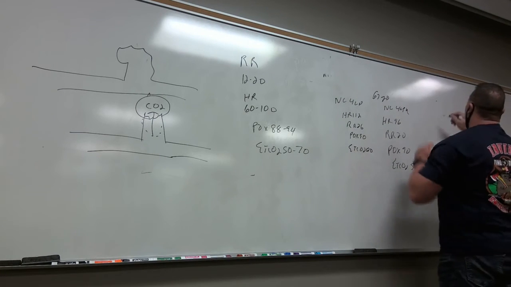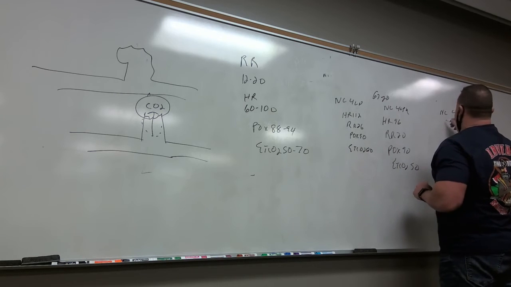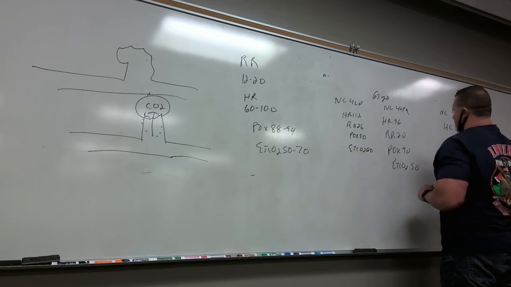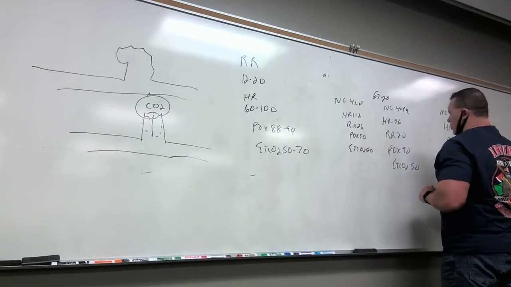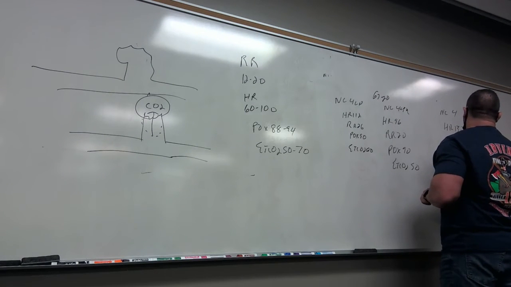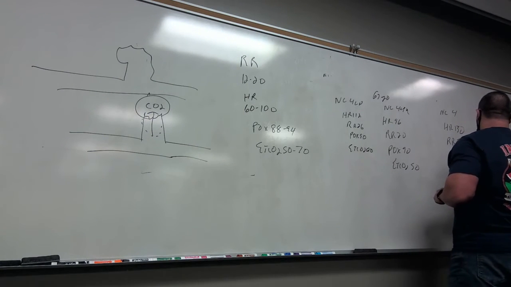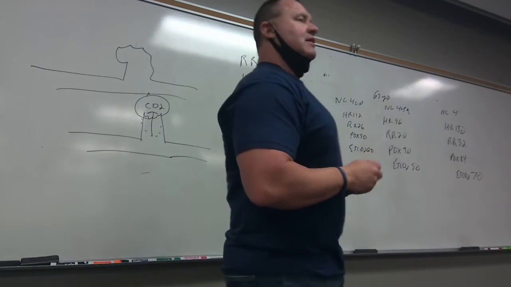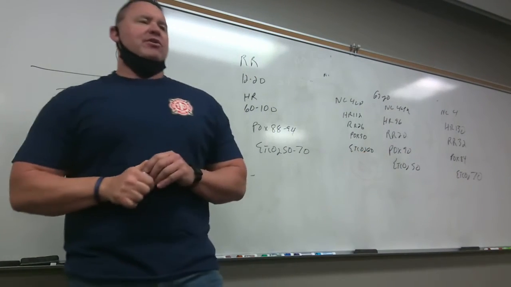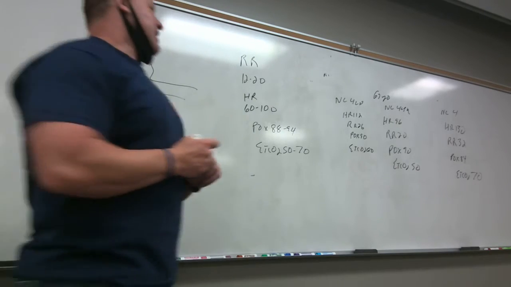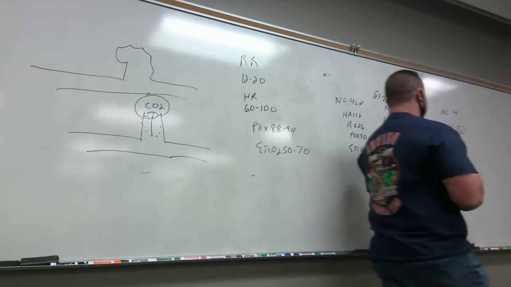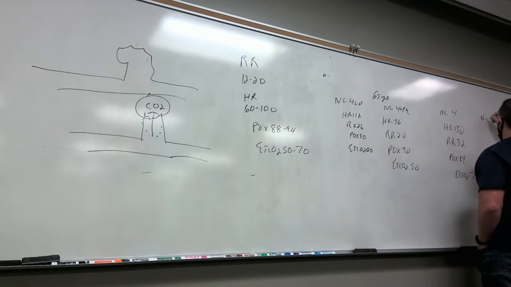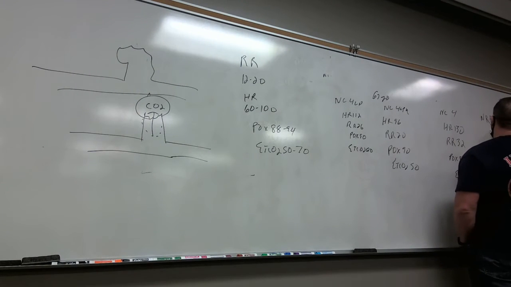All right, nasal cannula, 4 liters, heart rate 130, respirations 32, pulse ox 84%, end tidal 70. Non-rebreather. Now, do I want to leave them on the non-rebreather the whole time? No. If I put them on a non-rebreather, and I get this,